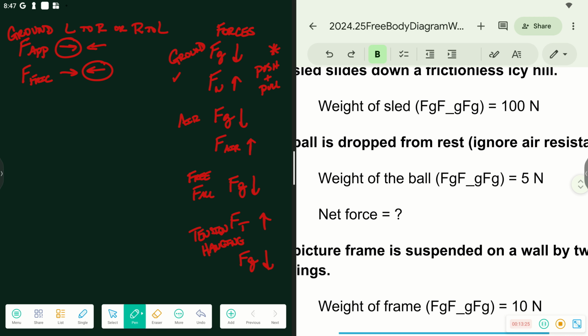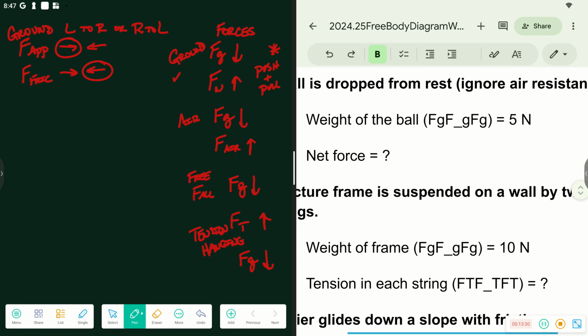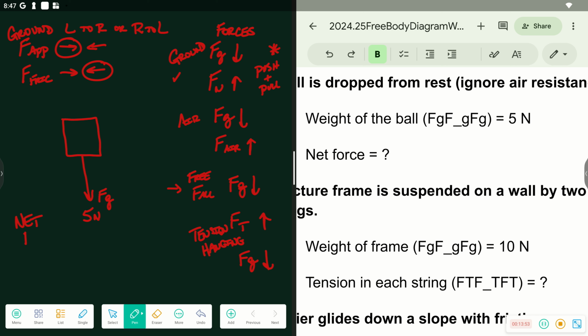A ball is dropped from rest. Ignore air resistance, which means the ball is going to be in what? Free fall. That means we only have to do one thing. When a ball is in free fall, force of gravity is the only thing working on it. So it's 5 newtons. There's no air resistance. It says ignore air resistance. So what's your net force? Your net force is 5 newtons down